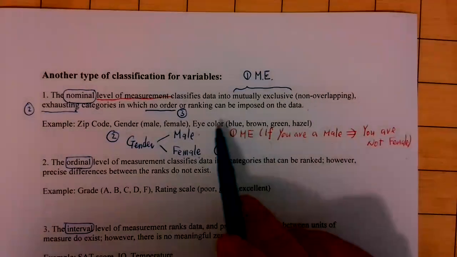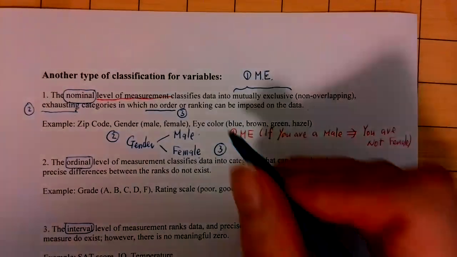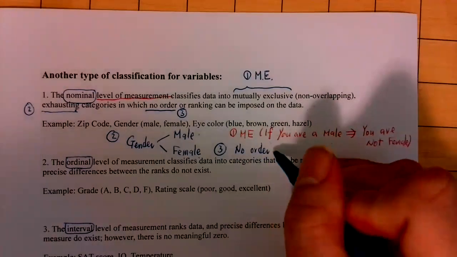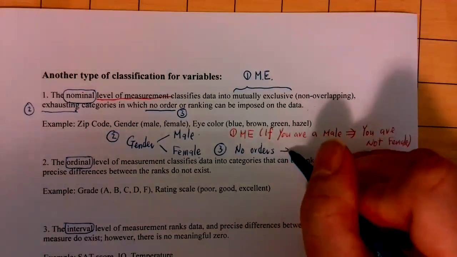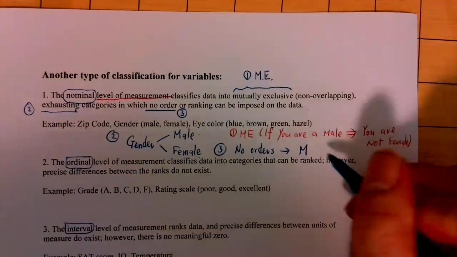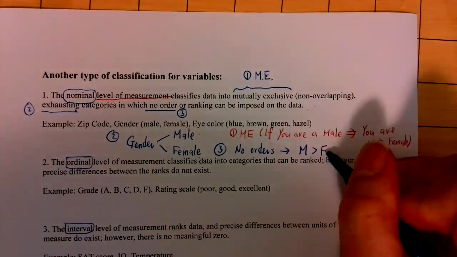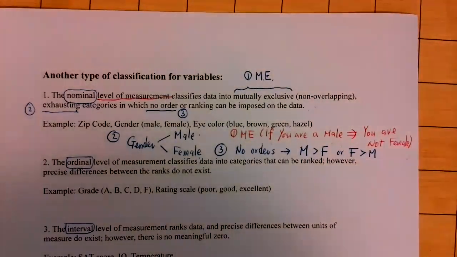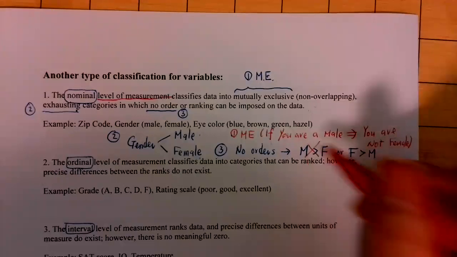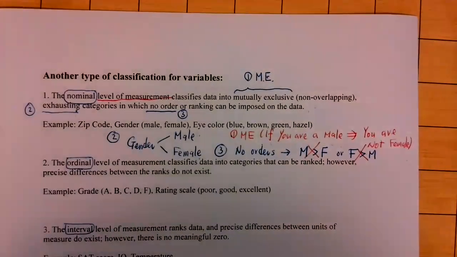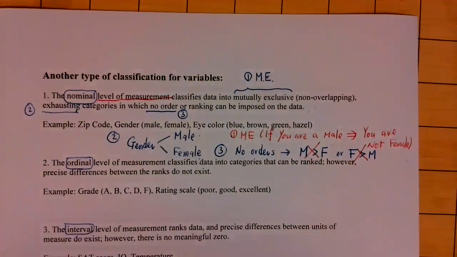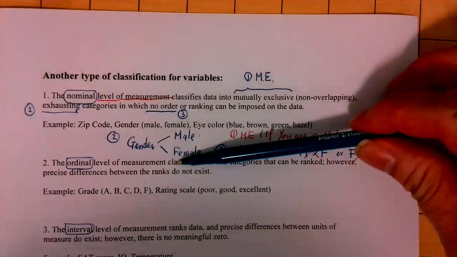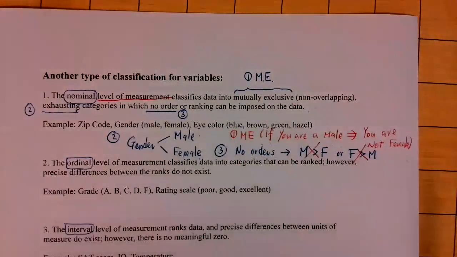The third one is no order or ranking can be imposed on the data. No order or ranking. That means you can never say male is a better gender than female, or female is a superior gender than male. Nothing like that. No order or ranking. They are just different. So any variable that satisfies these 3 features, mutually exclusive, exhausting, and no order or ranking,